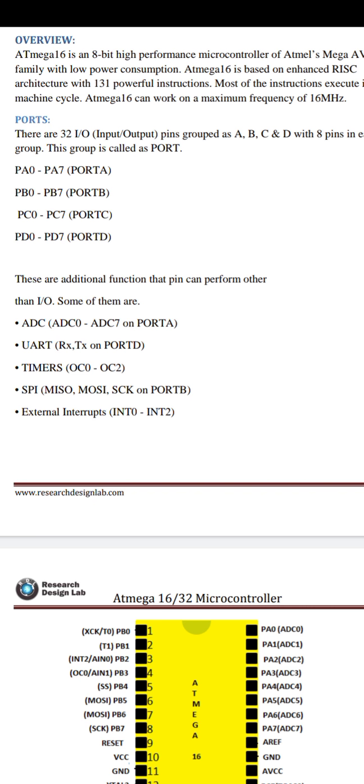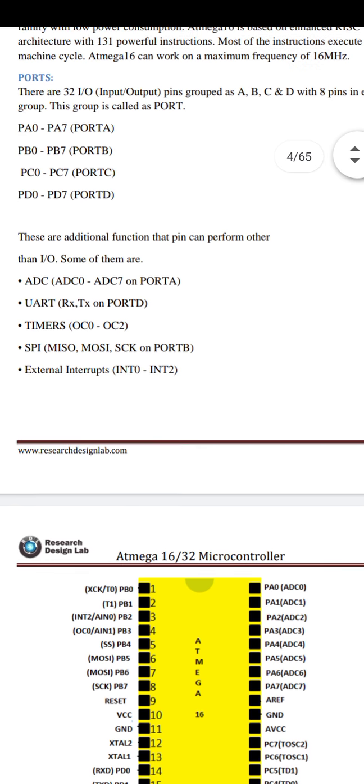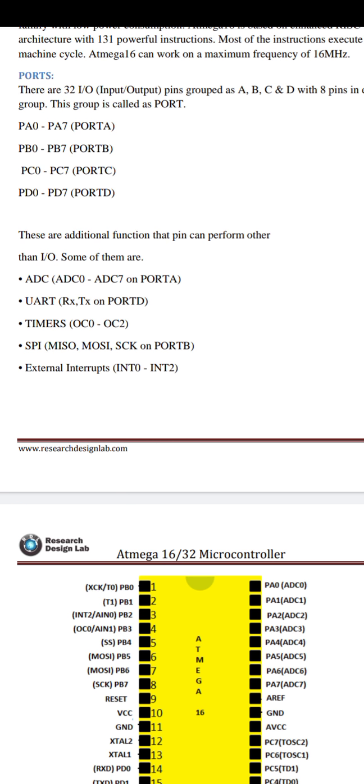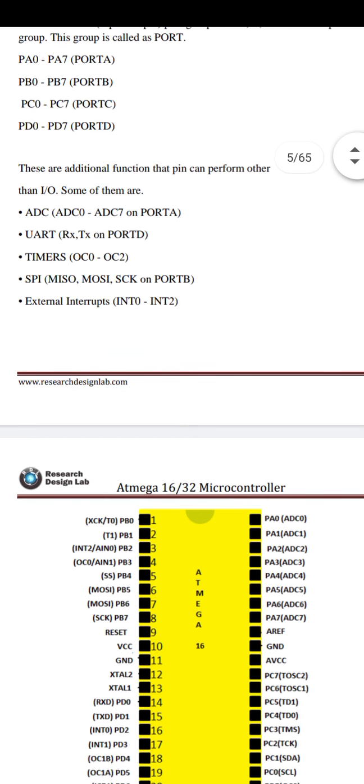Next is the SPI, with MISO and MOSI, on port B. And last are the external input interrupts, INT0 to INT2. These are the ports for the AVR microcontrollers.